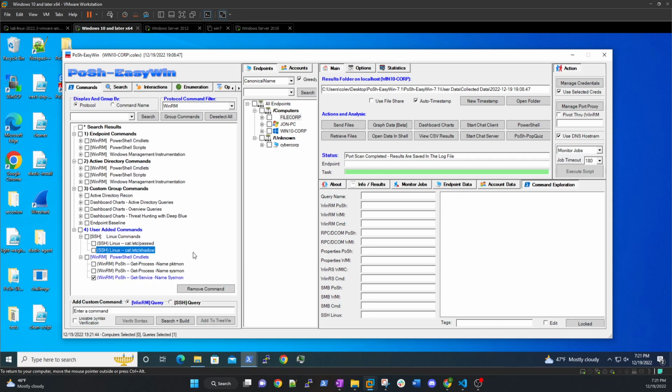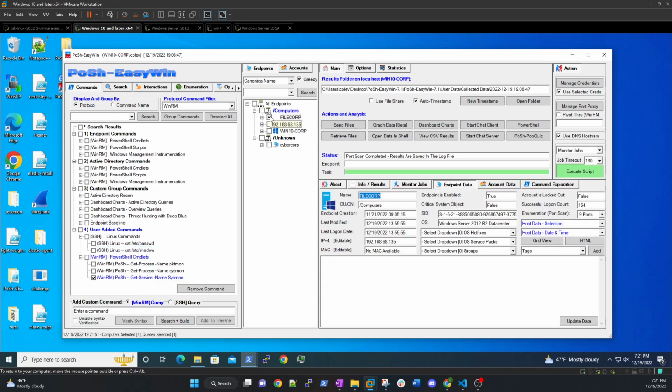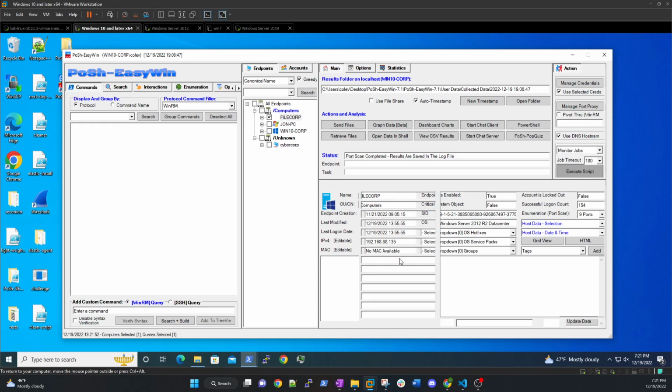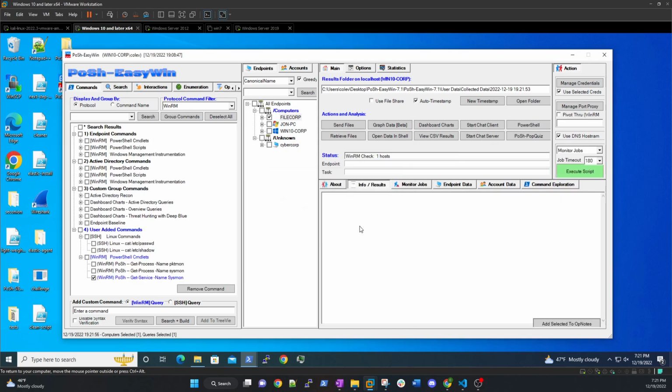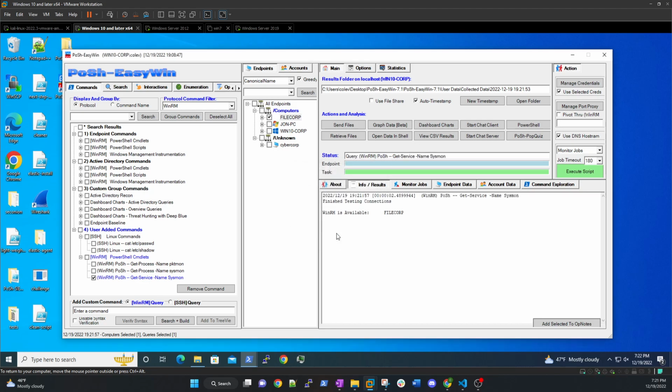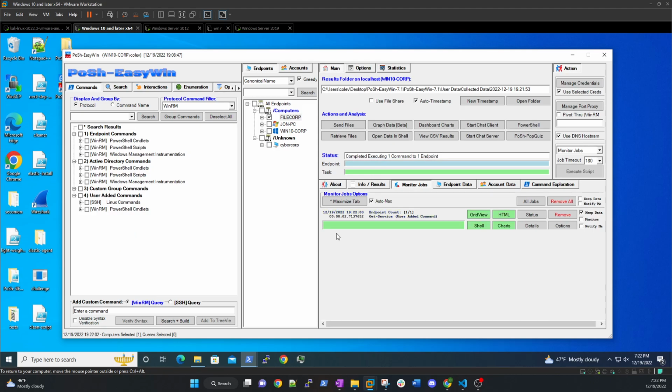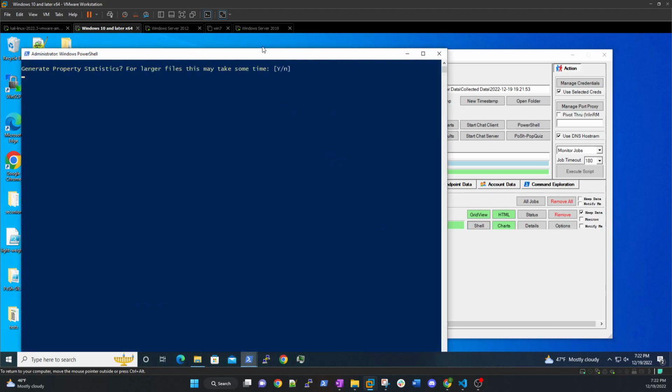So we can click on our new command that we have. Maybe it might be a lot longer, a little bit more granular. And what we can do is click that, click our file corp, and execute this script or the command in this particular instance, and query the endpoint, get service, tag name sysmon, and see what we have. And we can look at it in shell. So we look at it in shell right here,